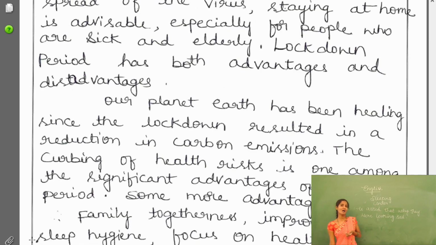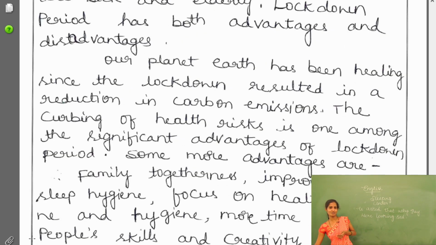Is that so? Everything, even an ocean, even a sea, for example, is very beautiful. When you look at the sea, when you look at the ocean, it's very beautiful. You enjoy the waves, but along with that, it is very dangerous. Everything has its own advantages and disadvantages. So the advantages of the lockdown period I have given you here.